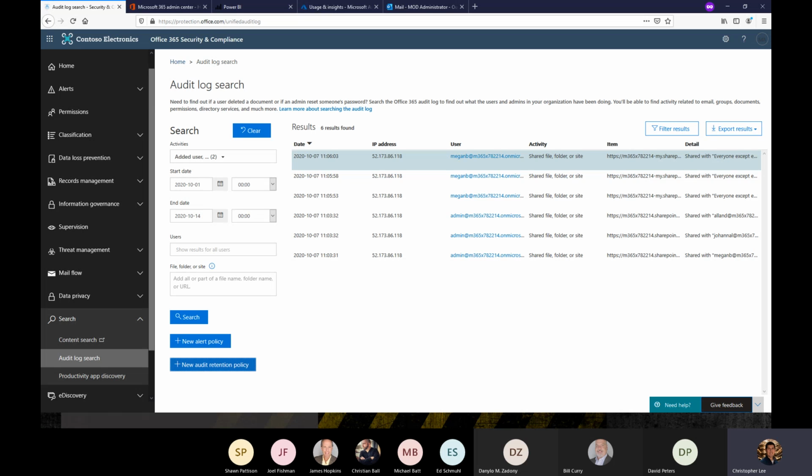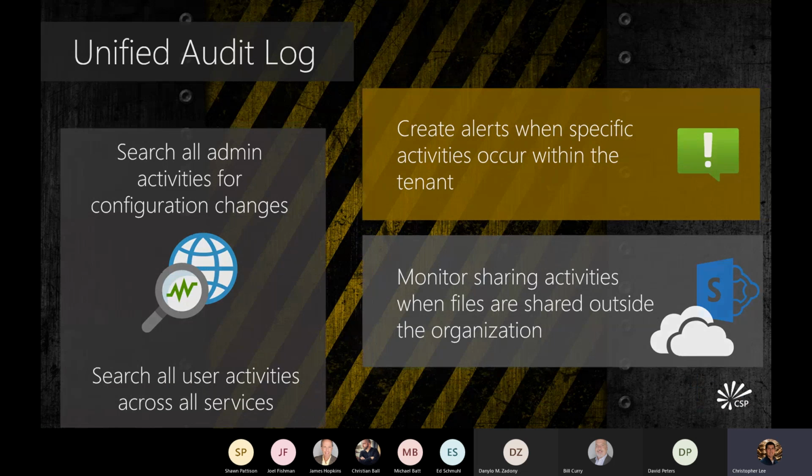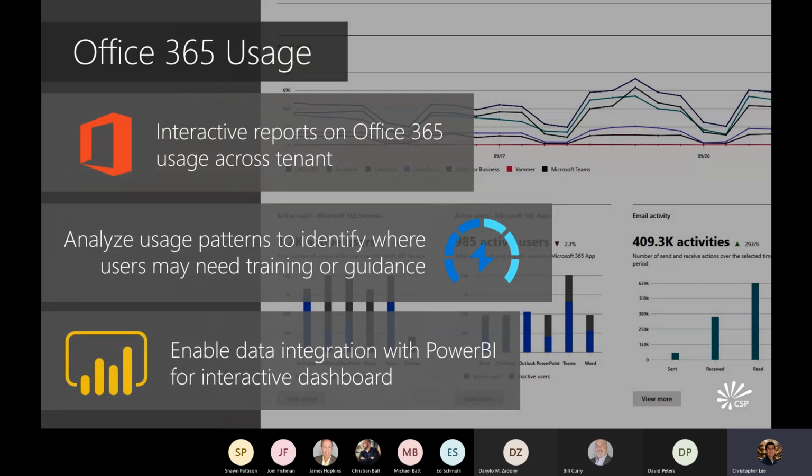Let me jump back into my presentation then. Okay. So the next item is Office 365 usage reports. And I'm sure most of you have seen these. When you log in to the Office 365, the M365 admin portal, they're kind of popped up there in your face. There's a little item there on the left for reports. You can see the reports, and these are really designed to give you insights on what's being used in your environment. The data does go back up to 180 days,